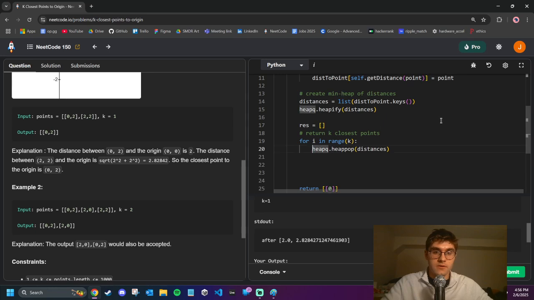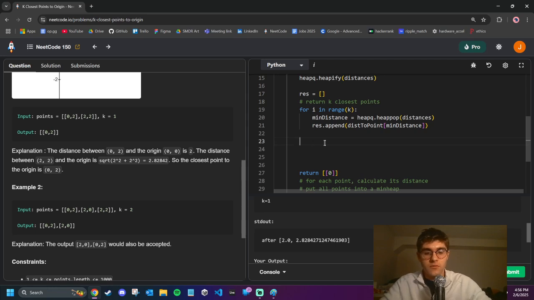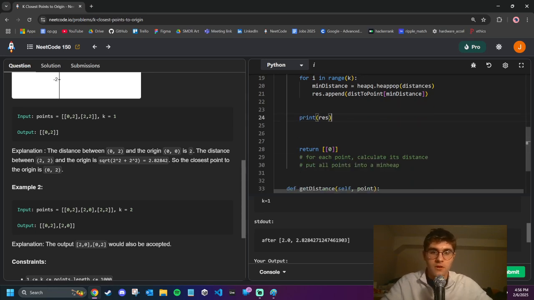This will give us the minimum distance, and then we append to result the dictionary lookup of the min distance. So this gives us the min distance, and then we use our dictionary to get the point. It will just add it to result. So if we print result,